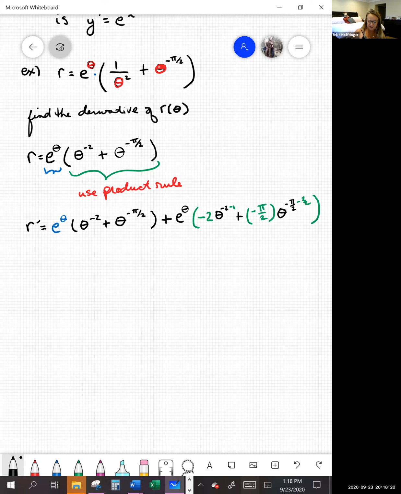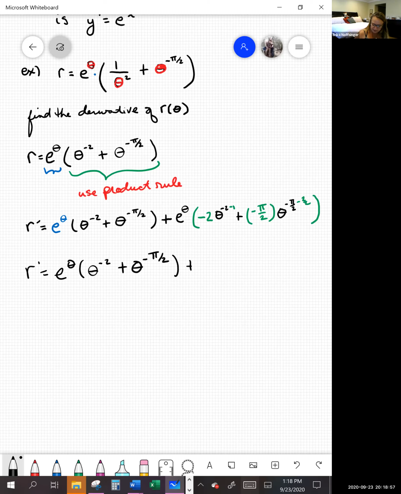So, I mean, we could clean it up. Again, if we want to find out when this is equal to 0, we could do factoring, pull out the e sub theta. I'm not going to worry about this that much, but we find that the derivative here is e sub theta. I could rewrite this because I started with a positive exponent, no negative exponents. We could rewrite it, although this was a negative exponent, so that doesn't matter. So theta to the -2 plus theta to the negative pi halves,